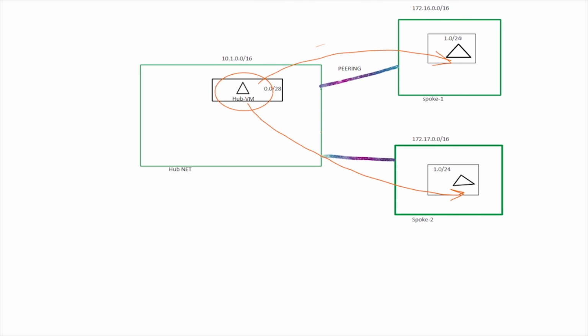Later on, I will be testing whether we can achieve this spoke to spoke communication or not, or whether we have any connectivity between here and here without establishing a peering via the hub VNet. As I have already discussed, we will not be having communication until we dedicatedly peer a VNet, a peering between spoke to spoke. All right, so let's move to the